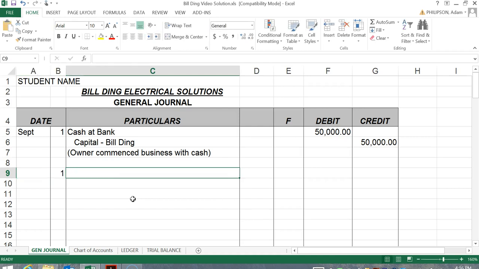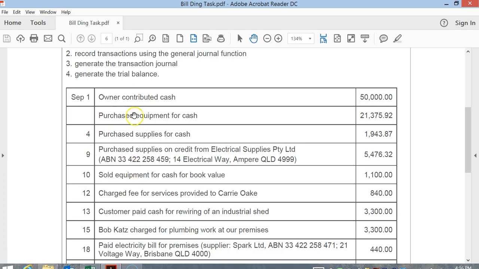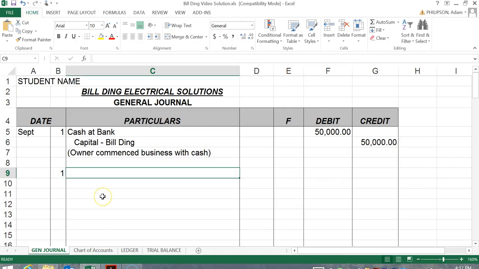Okay, again on the first, our next transaction, purchased equipment for cash. So we purchased equipment. Equipment is an asset, and because we purchased some equipment, the equipment asset is increasing, so it's going to be the debit. Our cash at bank, we've purchased the equipment for cash, so our cash at bank is going to go down. Therefore, cash at bank is an asset, it's normally debit, but because it's decreasing, it's going to be credit. Okay, so equipment, as we said, is our debit,